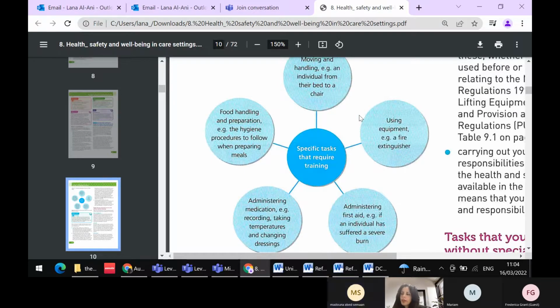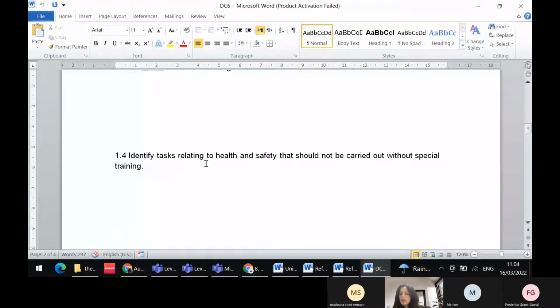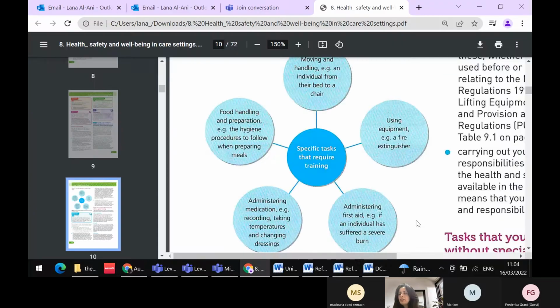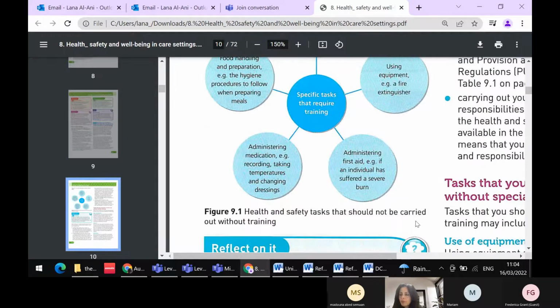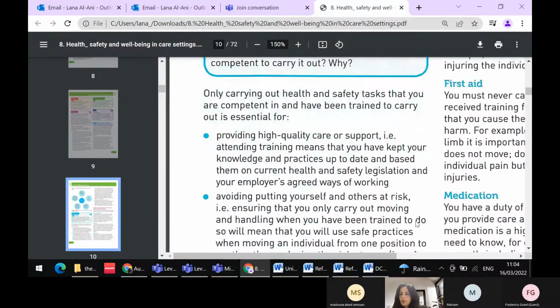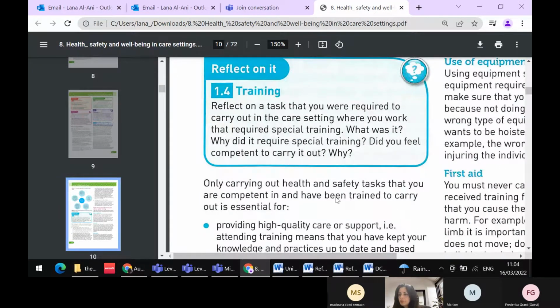Yes. Excellent. So to answer this question, identify tasks related to health and safety that should not be carried out without training. You just come back to this graph and think about it, or write it in your own way, because these are mainly the tasks that require training. So now, if we go to